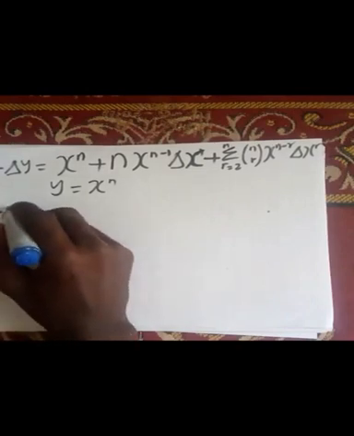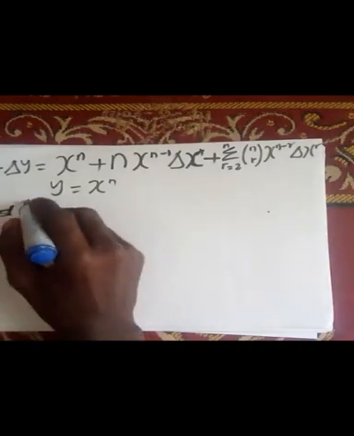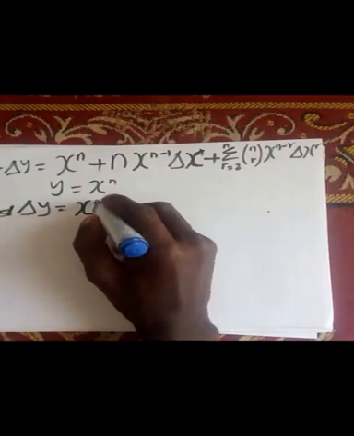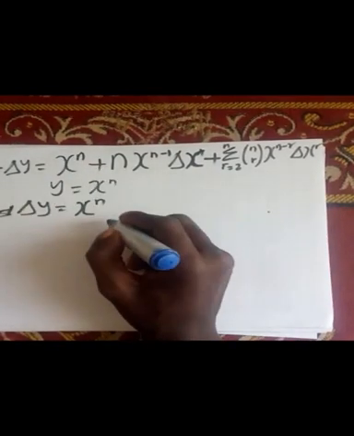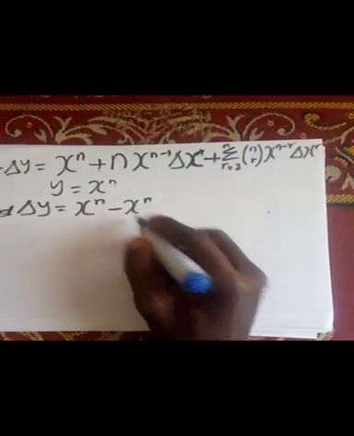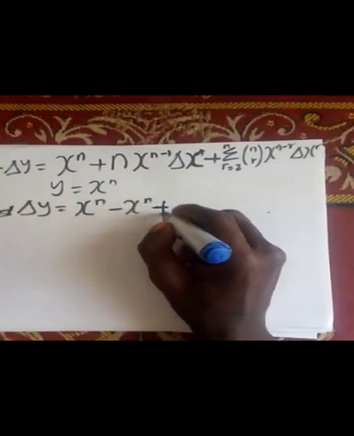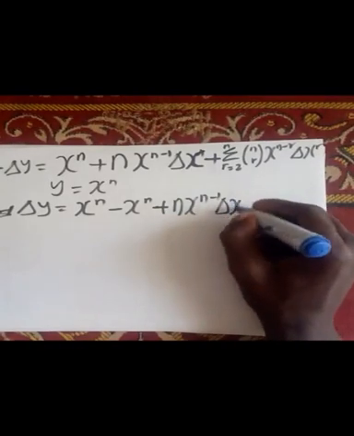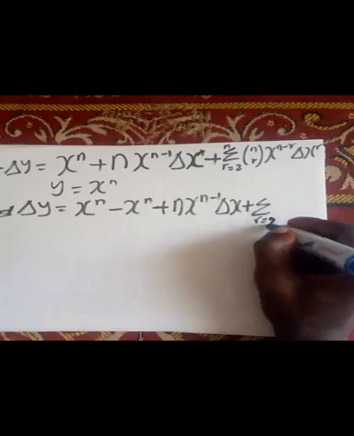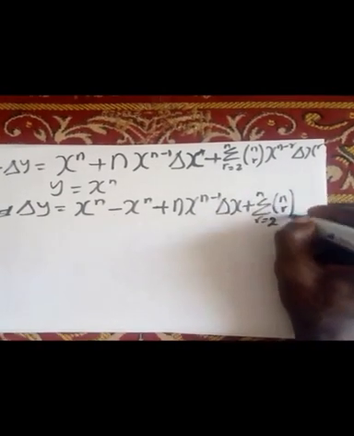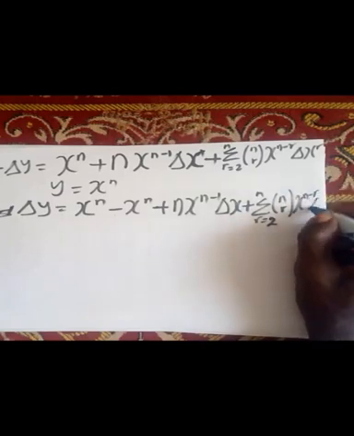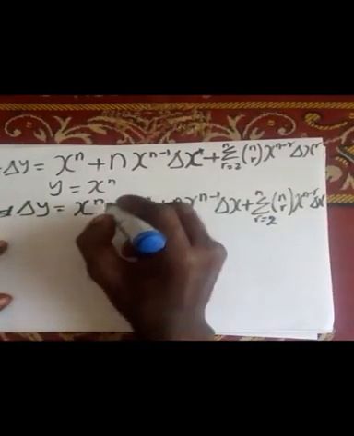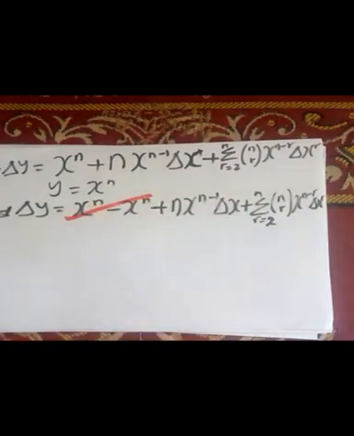So we are going to have y plus delta y is equal to, we are substituting, let's put the value of y as x raised to the power of n, minus the value of y, x raised to the power of n, so then plus n x raised to the power of n minus 1, then delta x, plus summation from r equals 2 to n of n combination r, x raised to the power of n minus r, then delta x raised to the power of r. So from this place, these two will cancel, so we are going to be left with